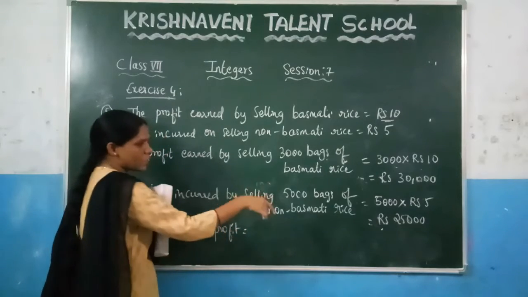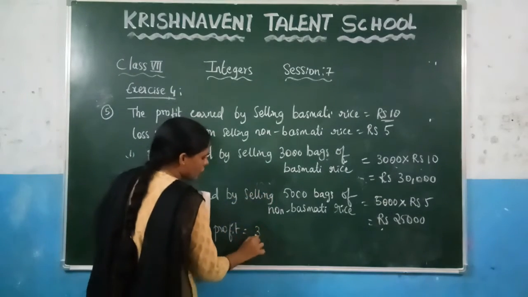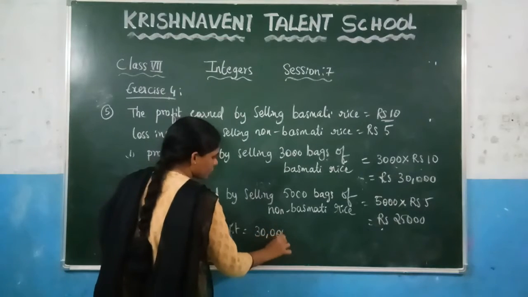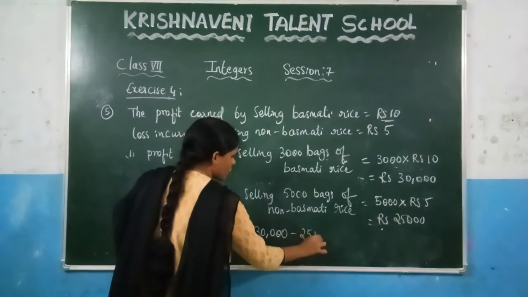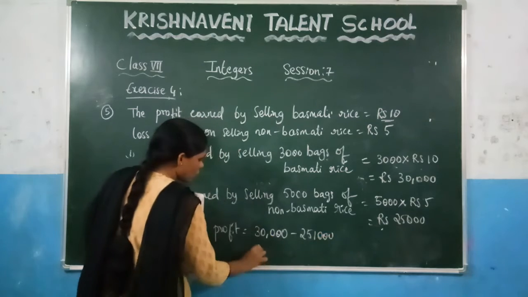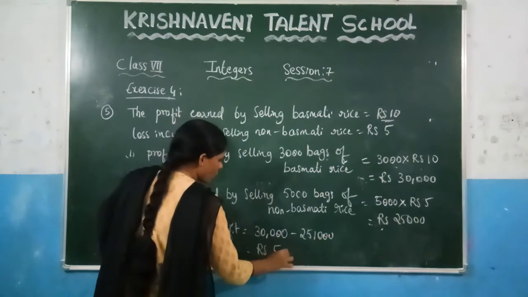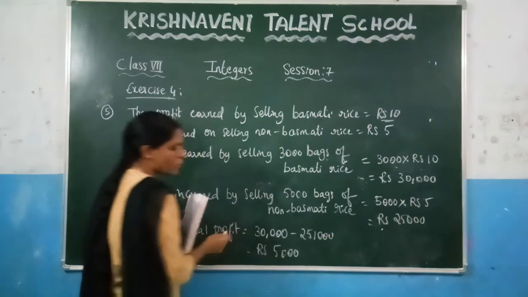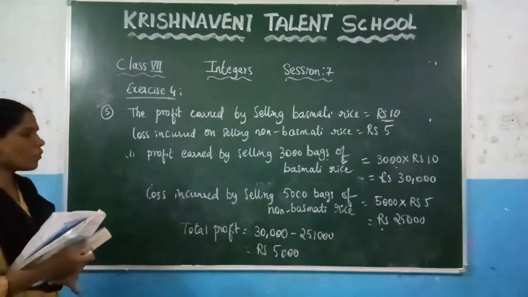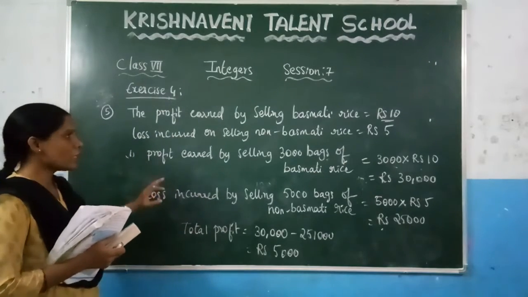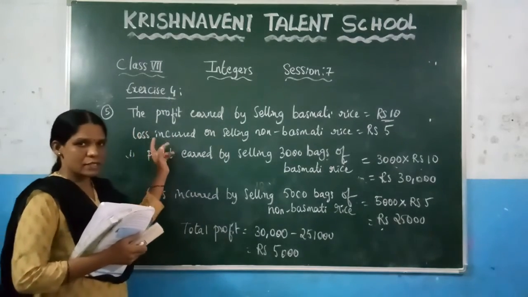Just subtract these two values. So you will get 30,000 minus 25,000. So what is the total profit he is getting? 5,000 rupees. Here again, what does the question say? For each bag of basmati rice he is getting a profit